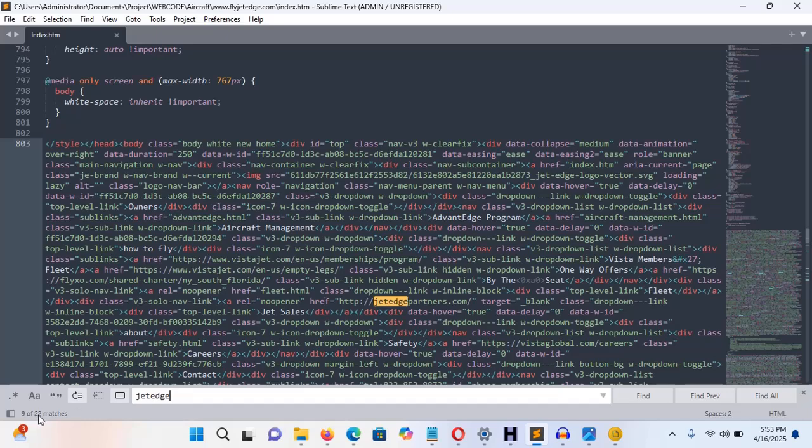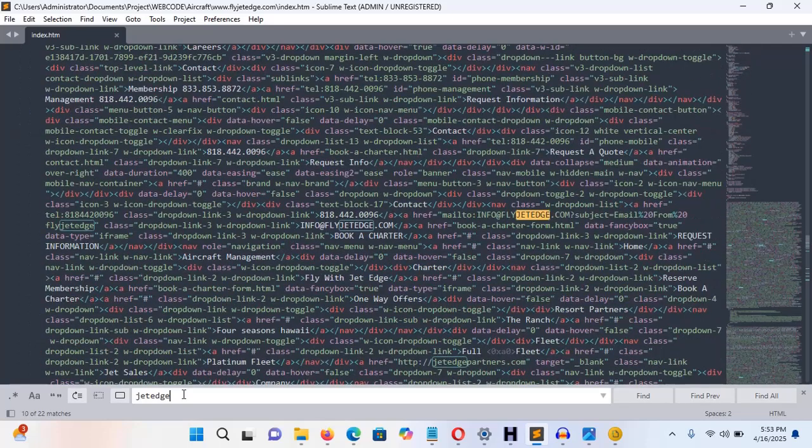So we have 22 jet. This is where the jet edge is used in this file. So we can just change everything to your own website name. But finally, one of the most important aspects that I would like to cover before I end this